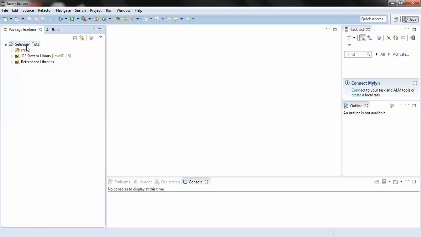So let's start with today's example, which is we'll be launching the Mozilla Firefox browser, going to google.com and then closing it through Java code. So we'll start. First of all, I would create a class within this source folder. This source folder gets created by default whenever we create a Java project. So within this source folder, I would right click,